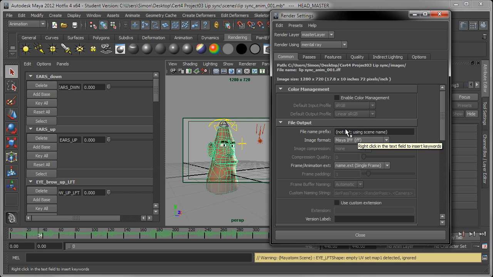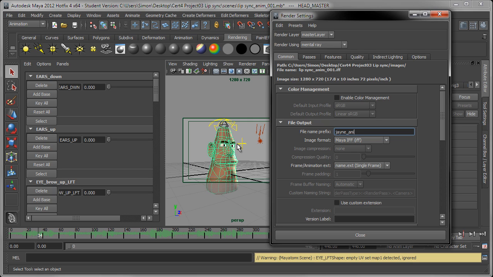If you do not type anything in here and you leave it as it is, it will put in the name of the file that you can see up here. So in this case, it's lipsyncanim001.mb. And that's why I'm getting lipsyncanim001 just here. So what I want to do is change this. So what I would do in this case is I would give it a name that makes sense for whatever the animation is. So for example, because this line of dialogue I have is from Firefly and the character is called Jane, what I would do is just call this maybe Jane